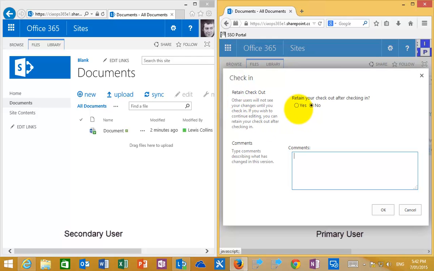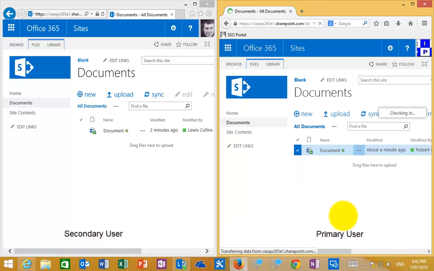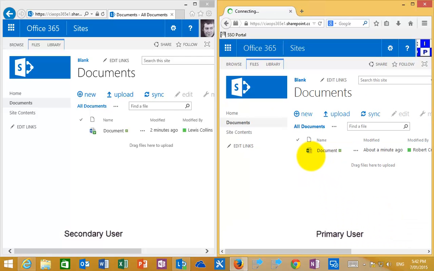So I can check in any changes that I've made so that other users can see these changes, but then I can keep the document checked out to keep working on it. So basically it's like refreshing the update that everybody can see. So what I'll do here is I won't do that, I'll just do this and call this check-in 1, and I'll go OK. So now once I've checked the document in, you'll see that the check-in icon has now disappeared